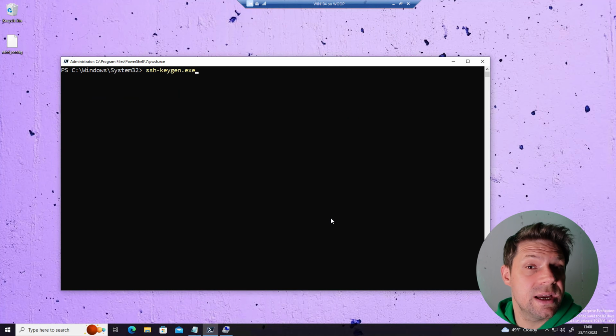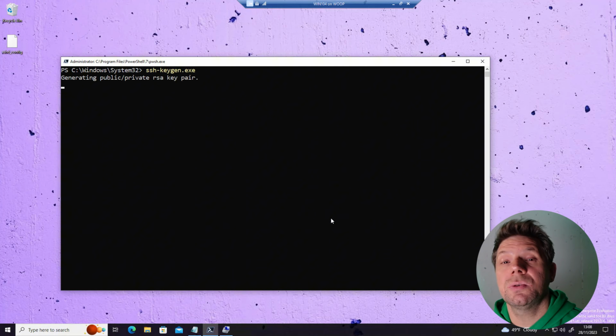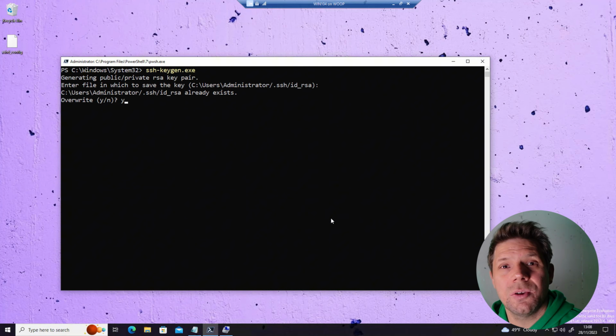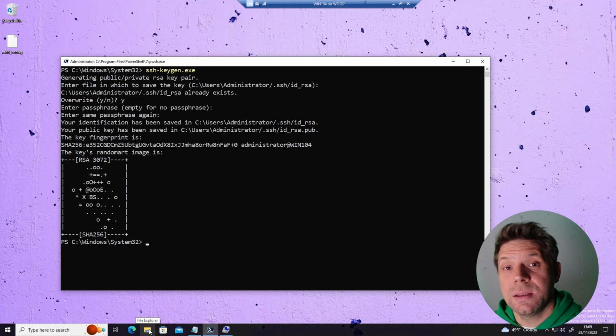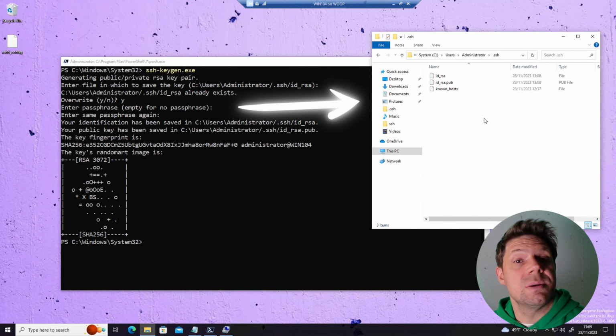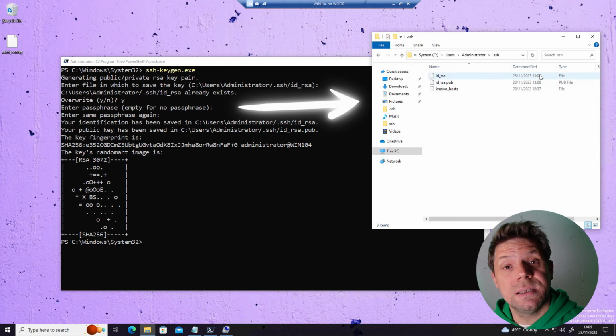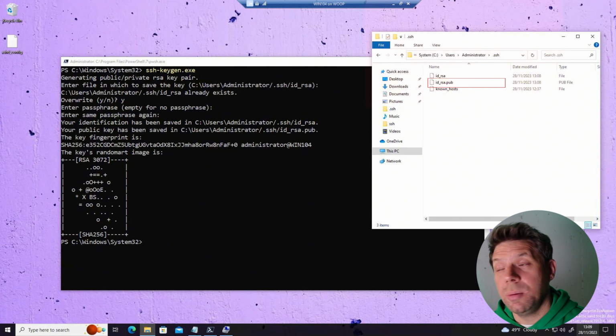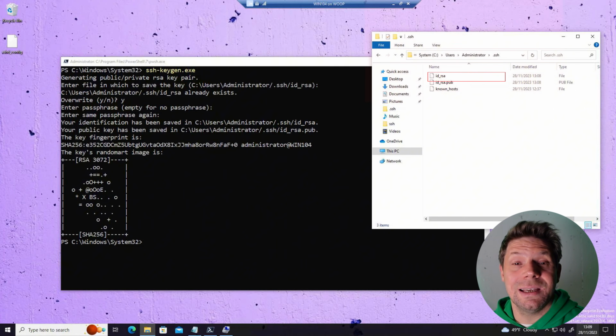We can use ssh-keygen.exe in order to generate those. We can simply leave all the options at the defaults. We can see that ssh-keygen generates two keys in the .ssh folder of our documents right here. There is a public key, the id_rsa.pub, and there's a private key, the id_rsa. So this private key should be considered a secret. The contents of this file should be copied out, placed in a credential management system, and this file should be